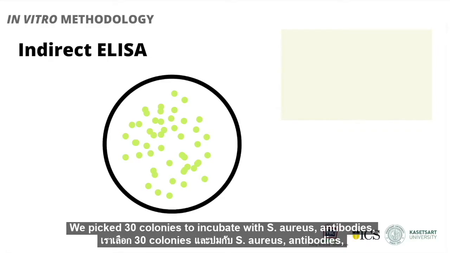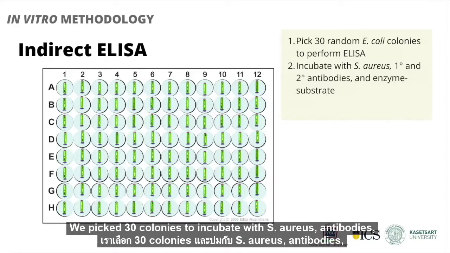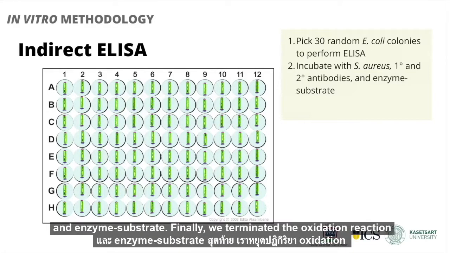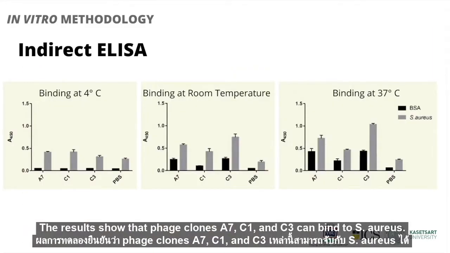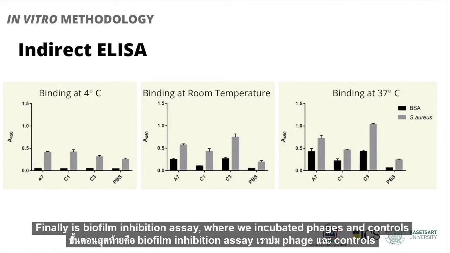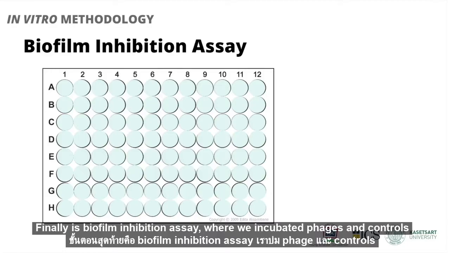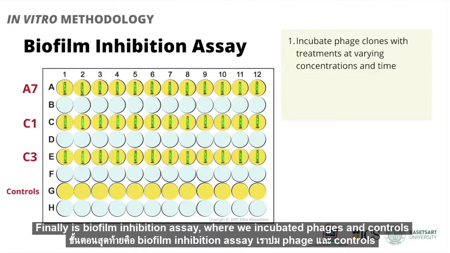We picked 30 colonies to incubate with S. aureus, antibodies, and the enzyme substrate. Finally, we terminated the oxidation reaction and recorded the absorbances. The results show that phage clones A7, C1, and C3 can bind to S. aureus. Finally is biofilm inhibition assay, where we incubated phages and controls with S. aureus